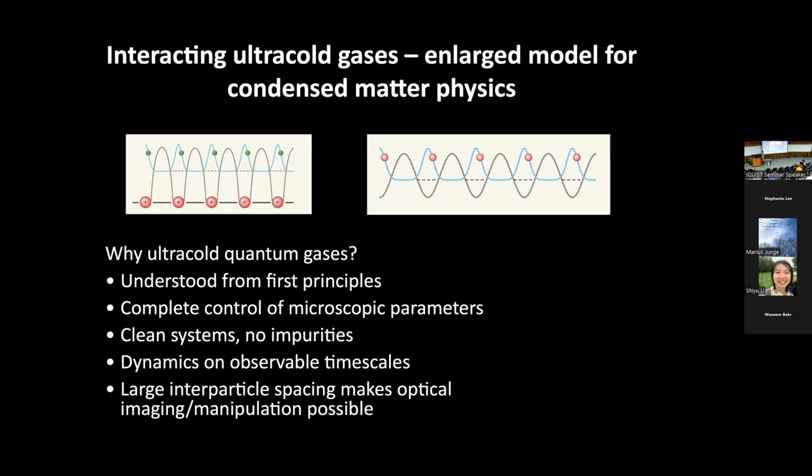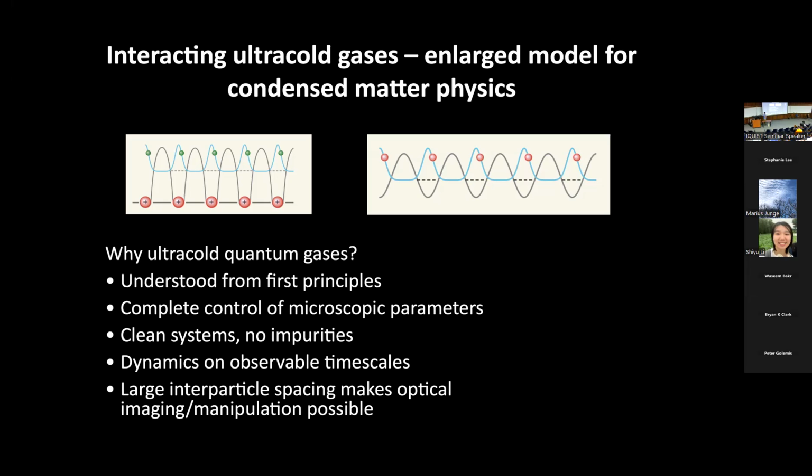And so the analogy here is between the atoms moving in this periodic potential of the optical lattice and the electrons in a solid moving in the periodic potential of the ionic lattice. So you can think of this essentially as an enlarged model for condensed matter physics, where you've blown up the system by 4 orders of magnitude. The atoms are, of course, a lot heavier. The spacings here are microns rather than angstroms. So the energy scales are much lower. They're at nanokelvin temperatures.